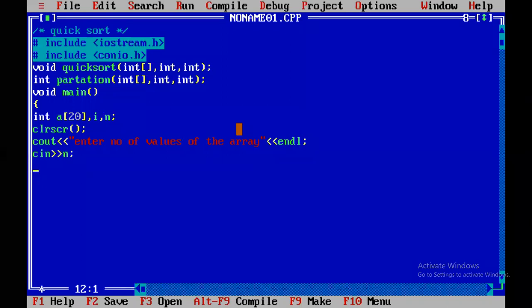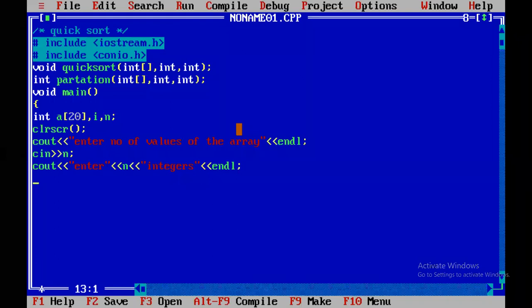Like this, you have to enter n numbers. Cout, enter n integers. So you have to enter n integers. If n is 5, you have to enter 5 integers. If n is 6, you have to enter 6 integers. If n is 10, you have to enter 10.